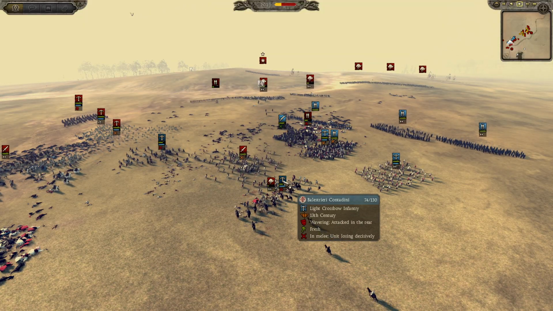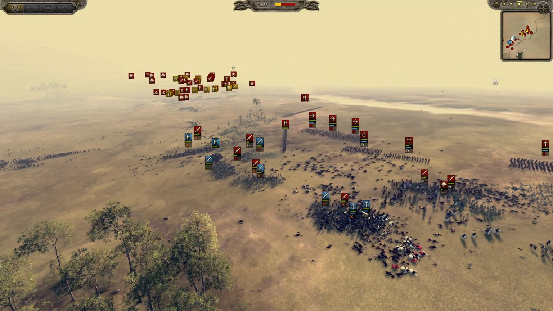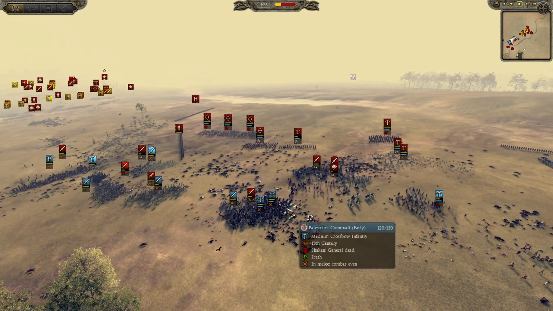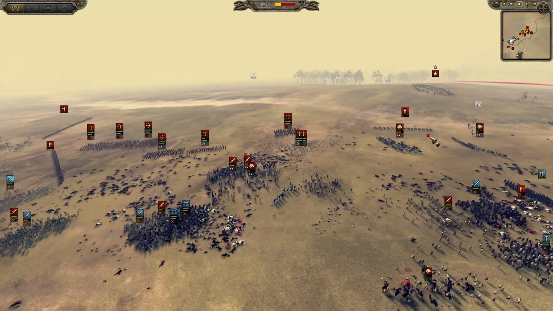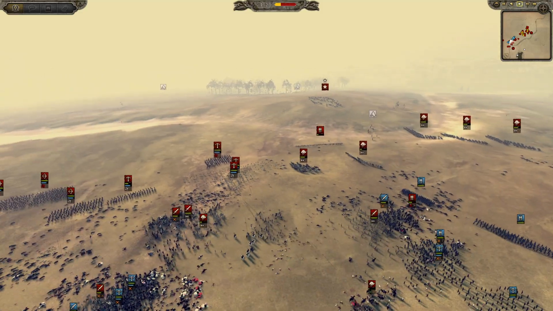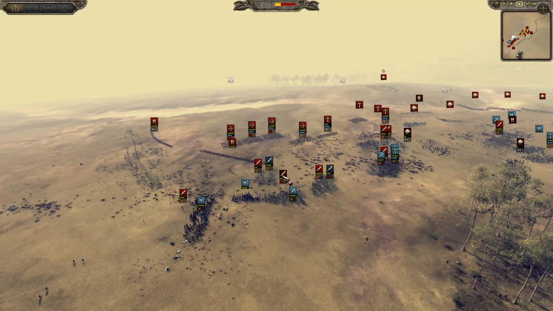Cav coming in as well, charging the Ballistari there in the back. So many of these archers need to disengage really, but maybe he feels like they're safe for melee. I don't know if they are. They need to try and shoot the Cav. It's the best thing he's got to try and combat them right now. Try and shoot some stuff.